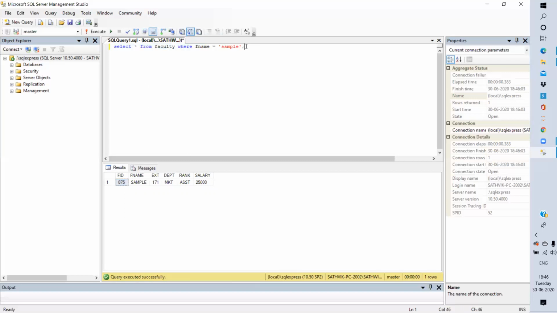In the select command, there is one another type of select command, which is select distinct. The distinct command is used because it does not show the duplicate values.